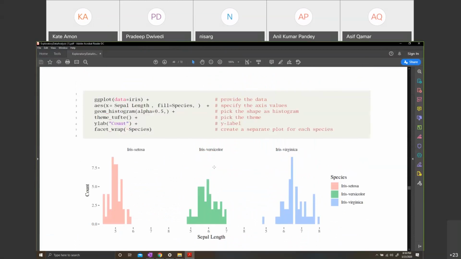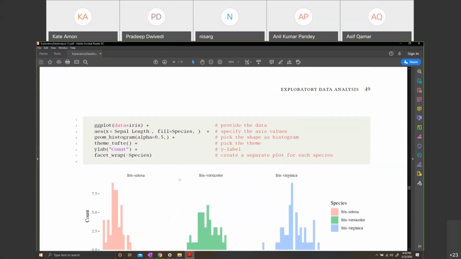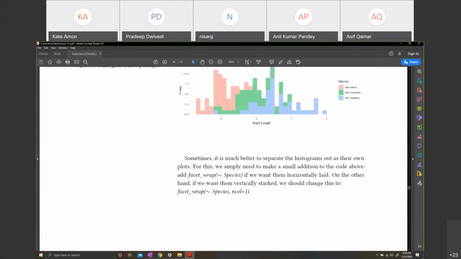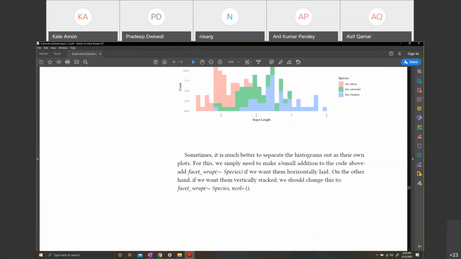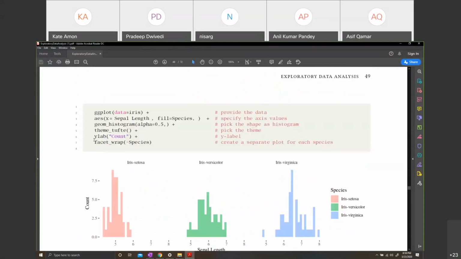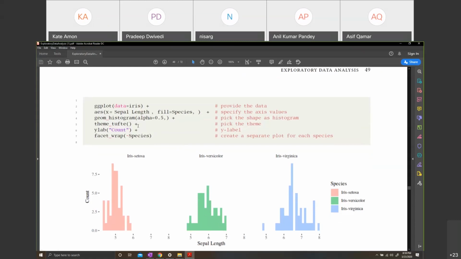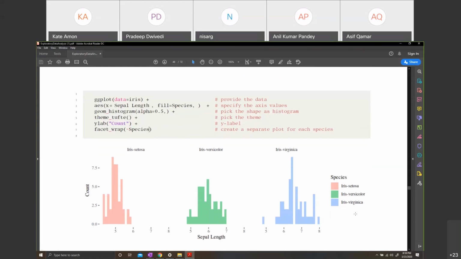I mean, there are many plotting libraries, but it gives you a systematic way of doing it. And suppose you want to show not just sepal length, but you want to separate the histograms. So you notice that here all the histograms are mixed up in a single graph. It's a composite. Suppose you say separate them out. All you have to do, you notice that you took the previous code and you just add one more line, one more layer called facets. It says by species, separate them out.